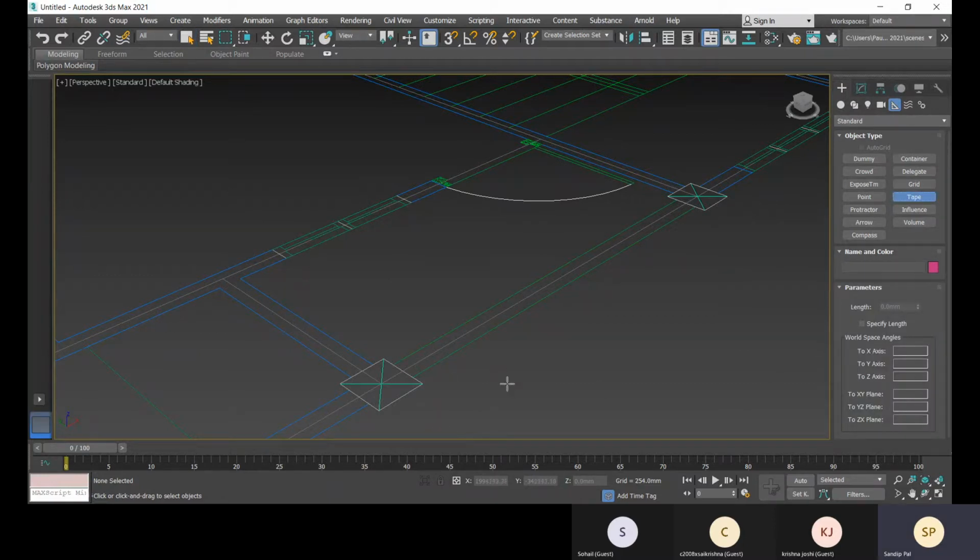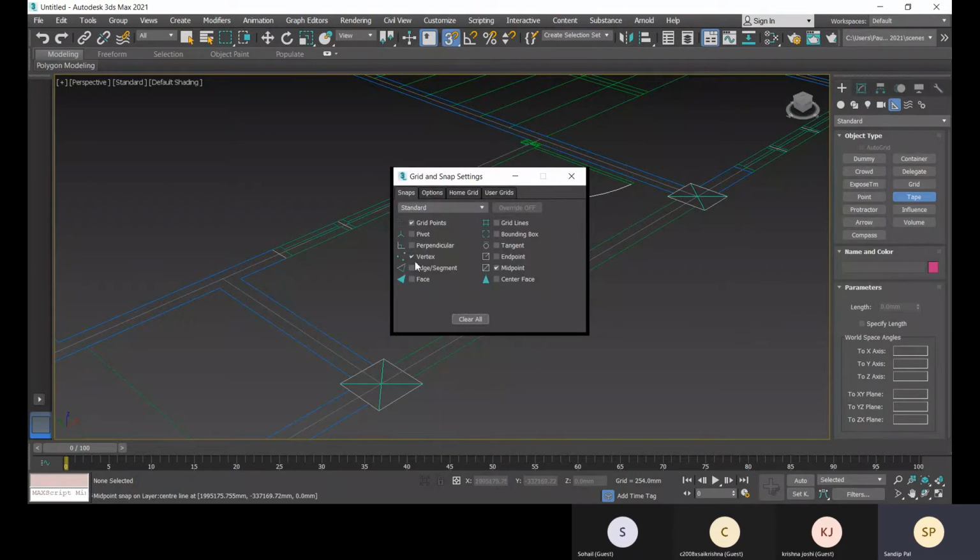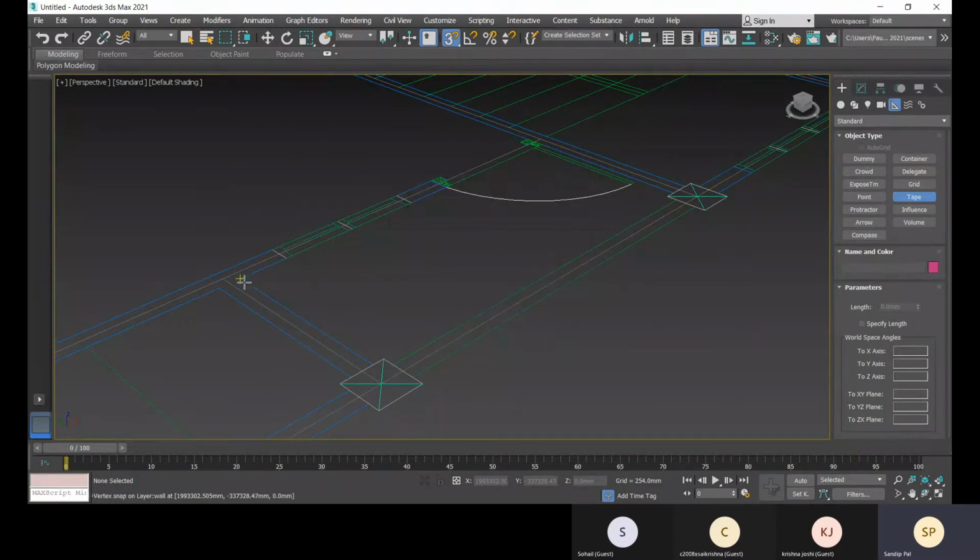Now how to do this? You have to activate this snap option first, and make sure only vertex is selected, and then you have to click here and then drag up to this.